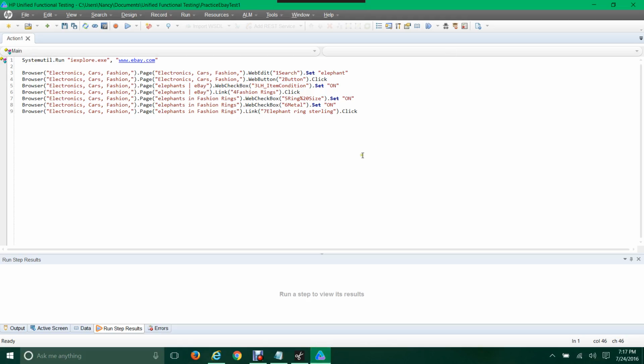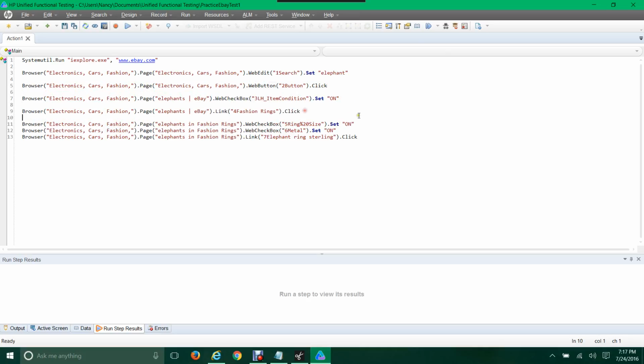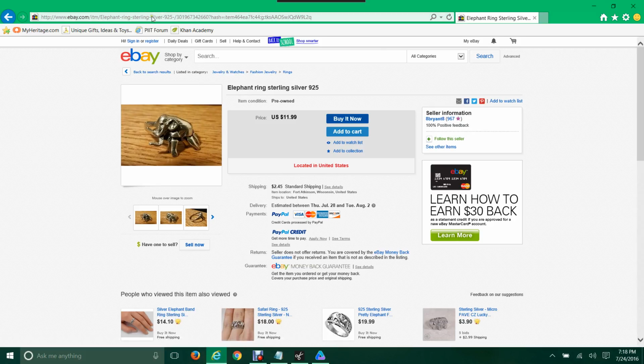But before we start talking about checkpoints, I want you to understand why I did a record and run. That is because it will not always be obvious to you. It's very obvious what I had to put in after the search button because it's my search, and I knew I was searching for an elephant. Okay? But on these, under the item condition, they are buttons, and oftentimes